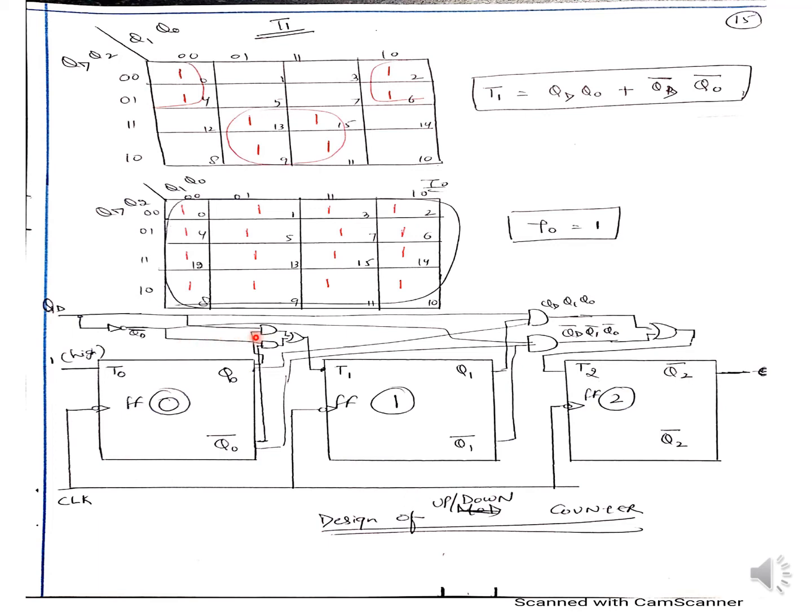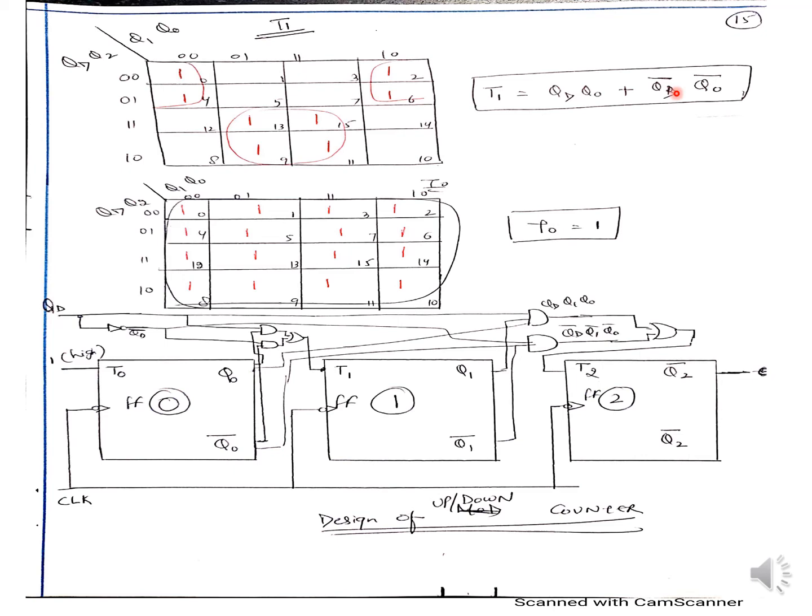The next input was QD, Q0, and what was the next input? I can't go back. I think it was Q1. So take Q1. Okay, so these are the inputs here. These are the inputs for the next AND gate, and connect it with the NOT gate and connect it to the T1. Okay, sorry, T1 is QD and Q0. So these are only the two inputs, QD and Q0,